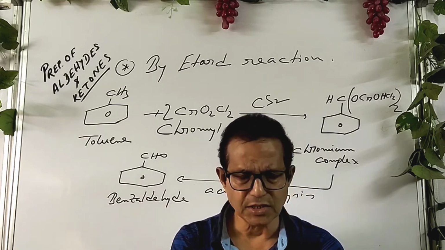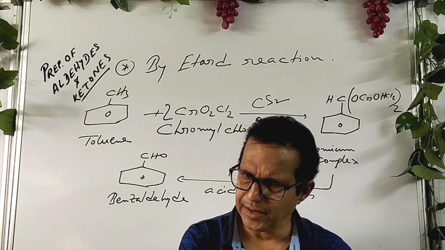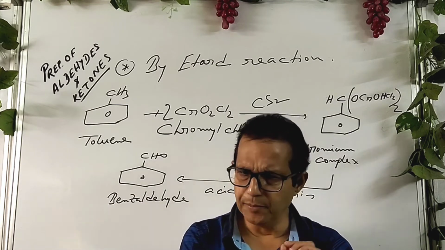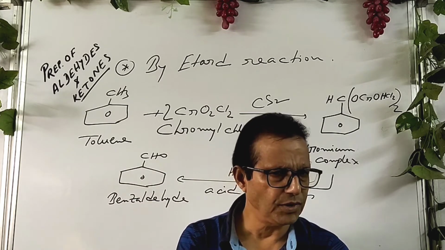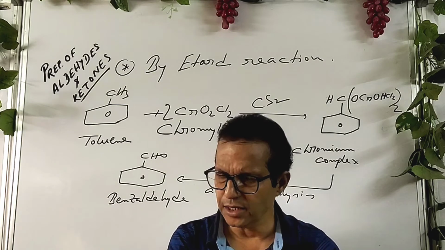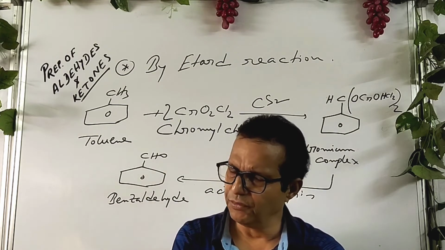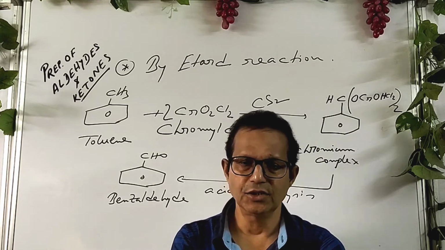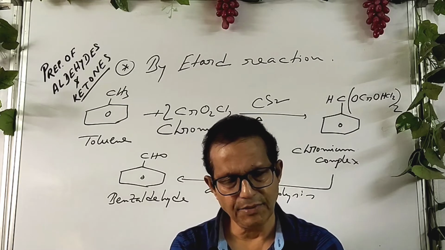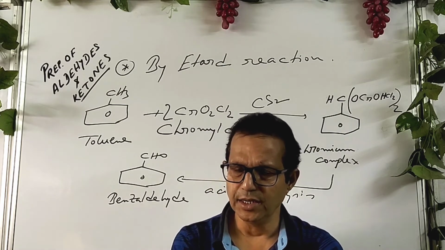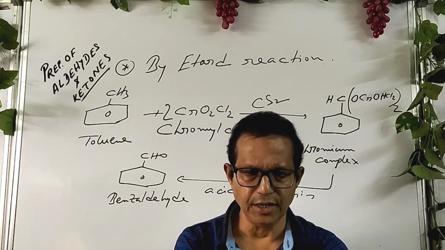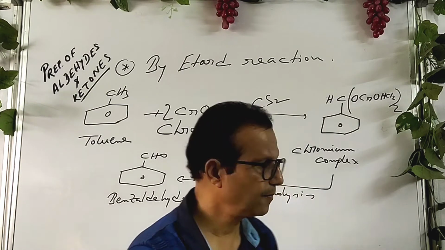Remember it, if we use potassium permanganate or potassium dichromate instead of chromyl chloride, we do not get benzaldehyde. As potassium dichromate and potassium permanganate are very strong oxidizing agent, the benzaldehyde, which is formed as intermediate, further undergoes oxidation under the reacting condition to give the final product benzoic acid. So we do not get benzaldehyde here. Okay, that's the significance of Etard reaction. Actually, Etard reaction is an example of controlled or retarded oxidation. So